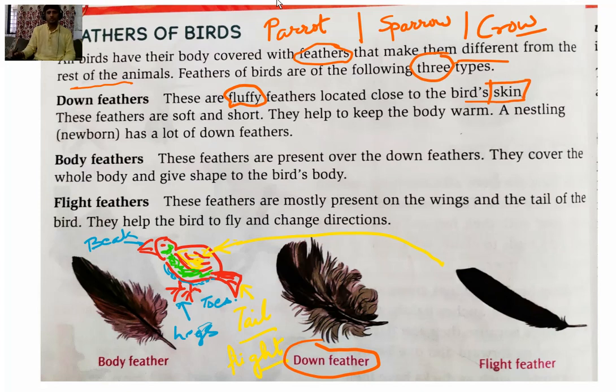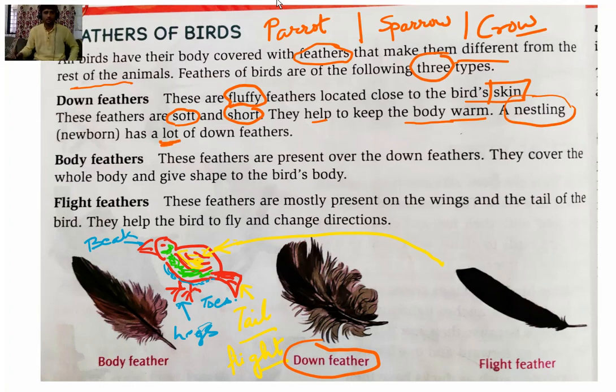These feathers are very soft and short. They help to keep the body warm. A nestling, meaning a newborn baby bird, has a lot of down feathers.